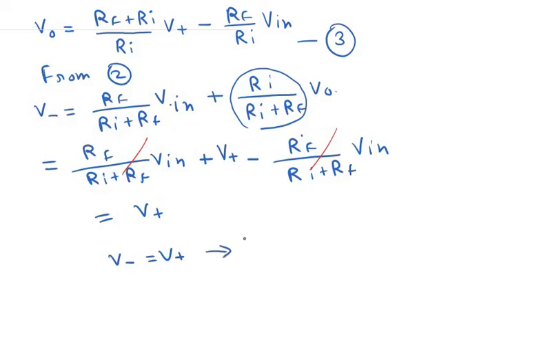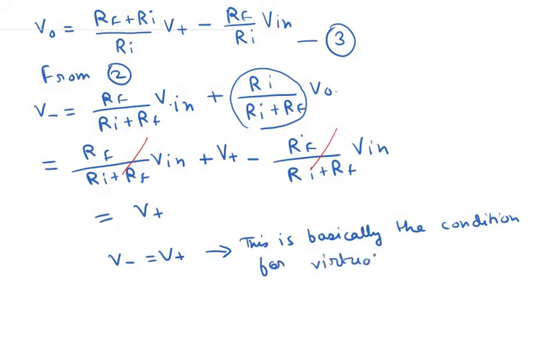Okay, so this is basically the condition for virtual short. So note that this condition of virtual short is actually valid due to the property number 1, 2